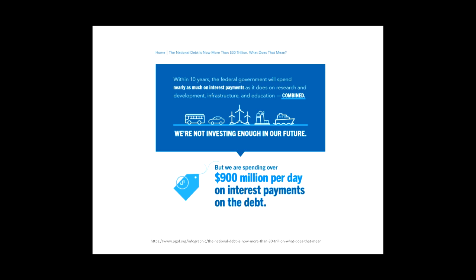And then lastly, when you have big debt, even with low interest rates, you'll be making bigger and bigger payments. When interest rates go up a little bit, that creates even more pressure on the amount of payments you have to make. So within a short period of time, we'll be spending more on interest, servicing the debt from previous spending, than we will spend on research and development, infrastructure, and education combined. So you can see that's not a good situation.